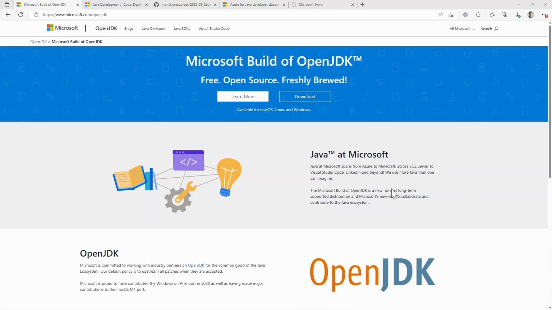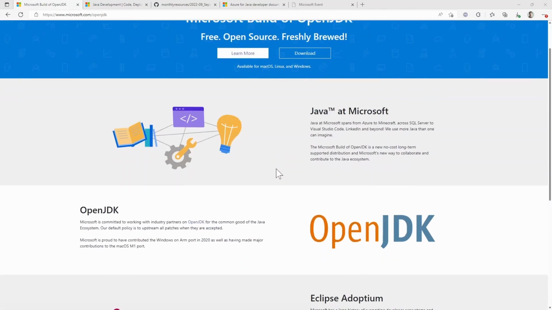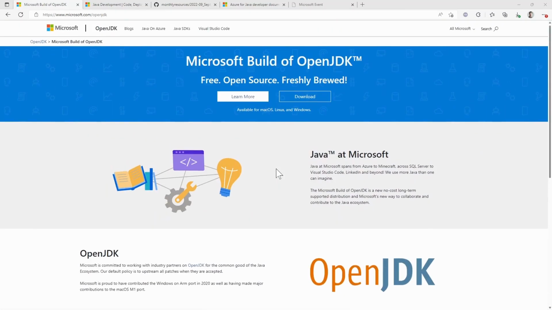Java on Azure is a very dear topic to me, not only because I'm a Java developer myself, but because it's also related to the open source projects supported by Microsoft. Speaking about open source projects, did you know that Microsoft maintains an OpenJDK build? I bet not all of you are familiar with that fact, as well as the number of tools and plugins in VS Code, Azure, and GitHub created specifically for Java developers.